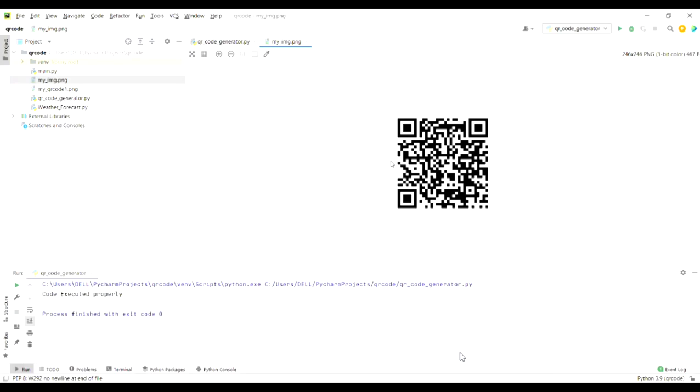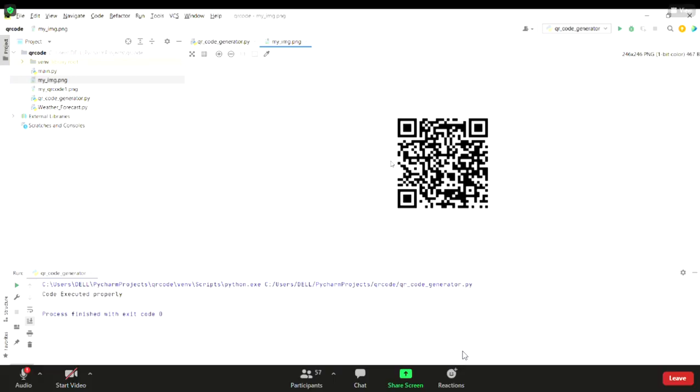That is the syntax for the main function, Vaibhav. For executing any type of code in any programming language, you have to go through the main function, because that is the main thread which is working. In Python, this is the syntax for main. You all can scan the QR code and see what the result is.